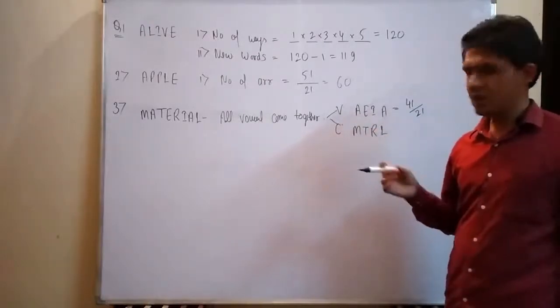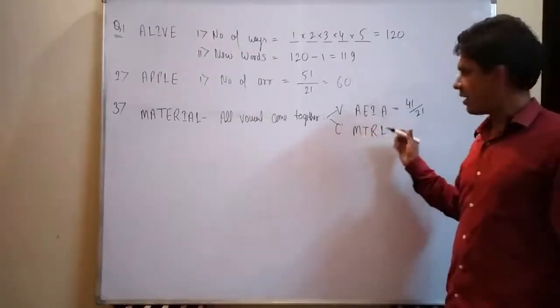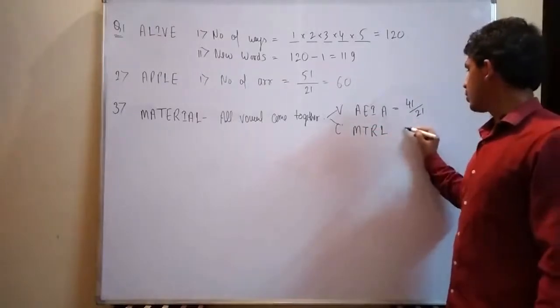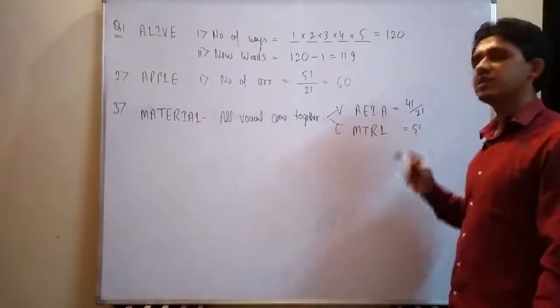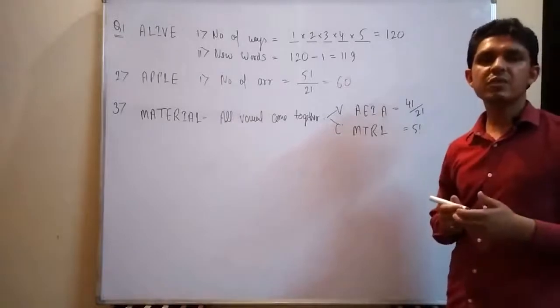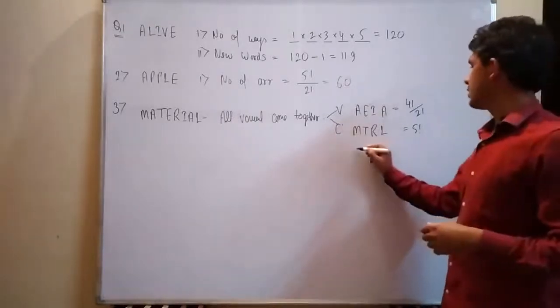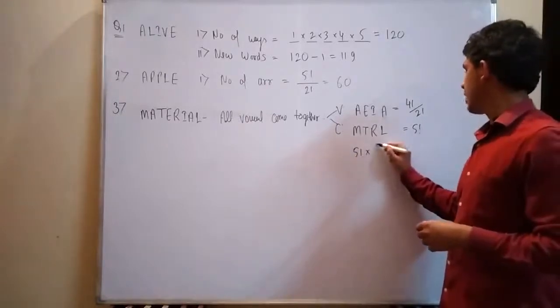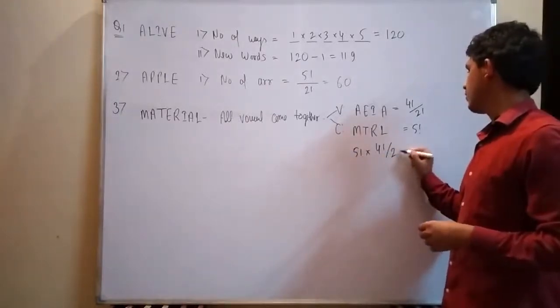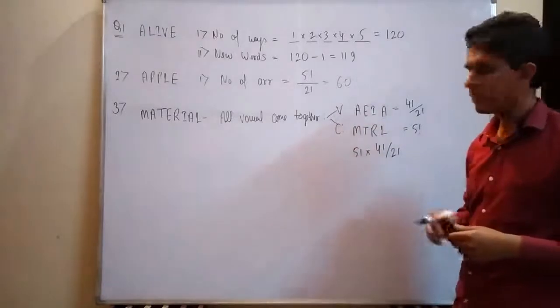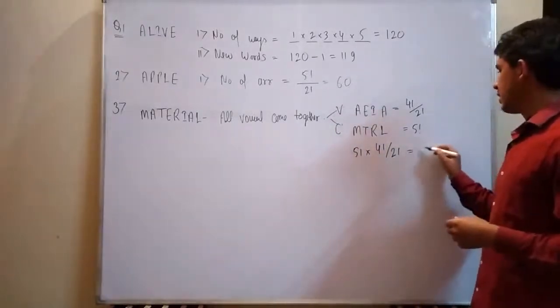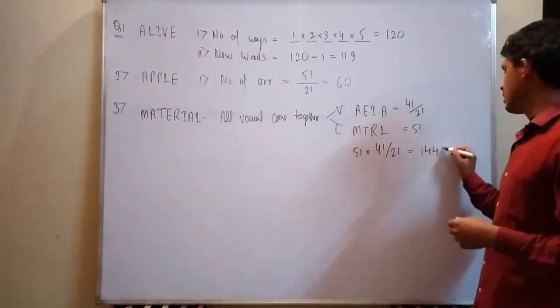with the consonants. So the consonants are 4, and if we take the group of vowels, in that case I will have to arrange 5 things. 5 things will be arranged in factorial 5 ways, right? And the total answer will be factorial 5 multiplied by factorial 4 divided by factorial 2. When solving this, it will give us 1440,